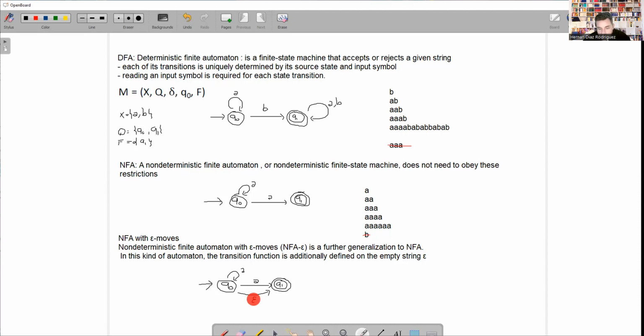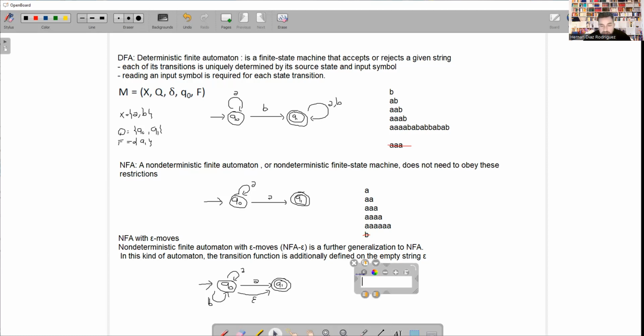This empty string means that we can move from q sub 0 to q sub 1 without reading any character. As I mentioned, we could move without reading any character. So that means that if we have, for example, something like this,